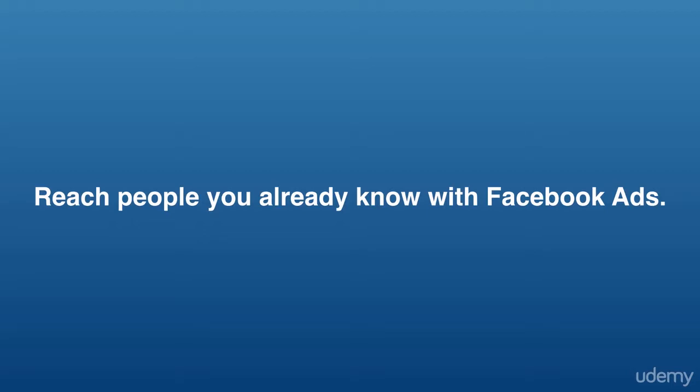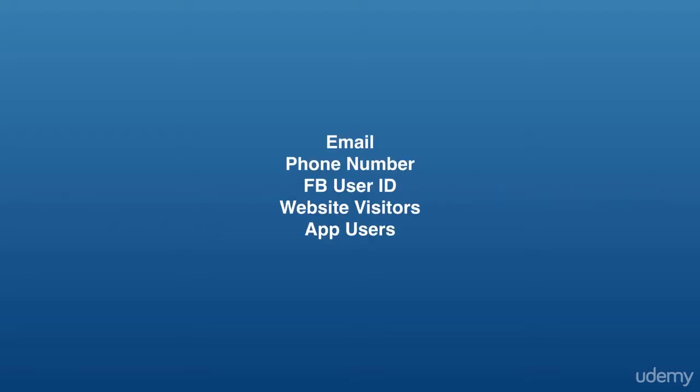And what you can do with custom audiences is just grab your internal data, upload it to Facebook, and then re-engage with those people, target these people that you already know. And this is absolutely fantastic. It's really a big game changer for many, many businesses. So the data that you can use is the email addresses of your customers. If you've got an email list, just upload these emails to Facebook and start reaching out to these folks. Do you have the phone numbers of your customers? Well, you can upload them as well, same as Facebook user IDs.